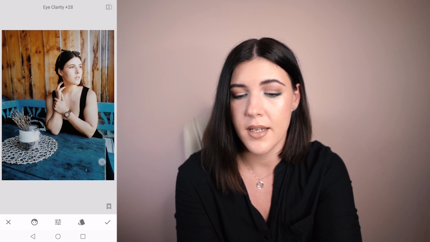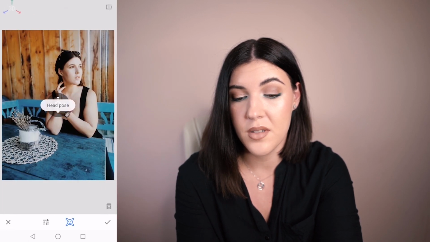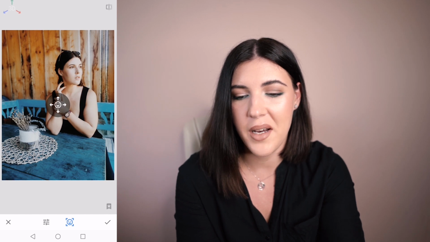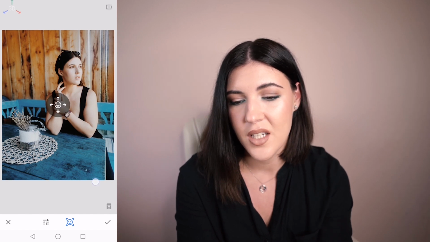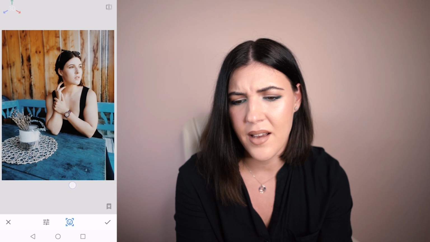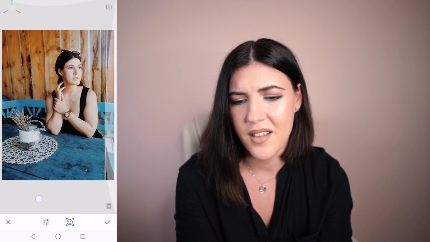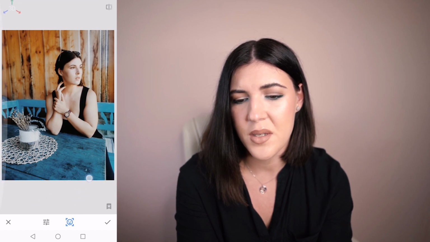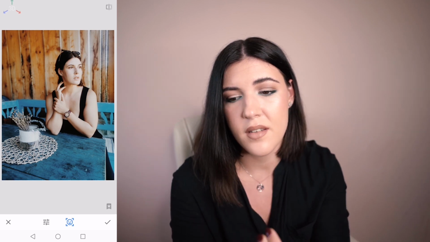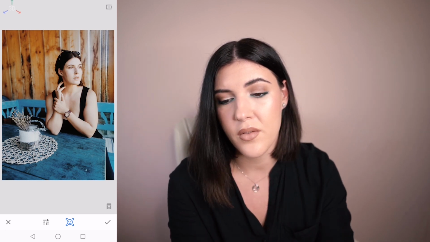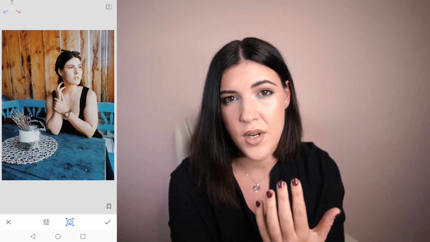and people are not gonna recognize you when they see you in real life. Then you've got the head pose, which I've never used, but I think it's interesting because it allows you to move the face up, down, left and right. I think you need to be very mindful of how you use it. The selection of the face is quite wide, and whenever it moves it, it's quite a drastic